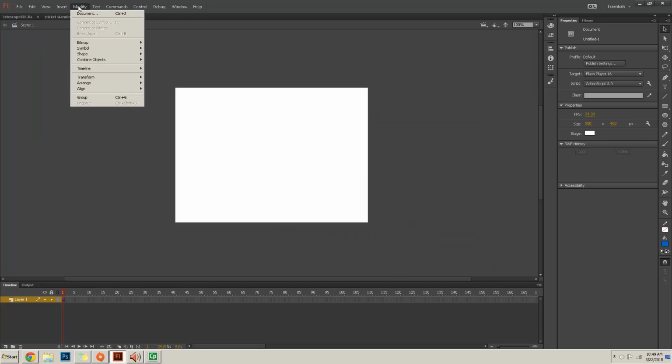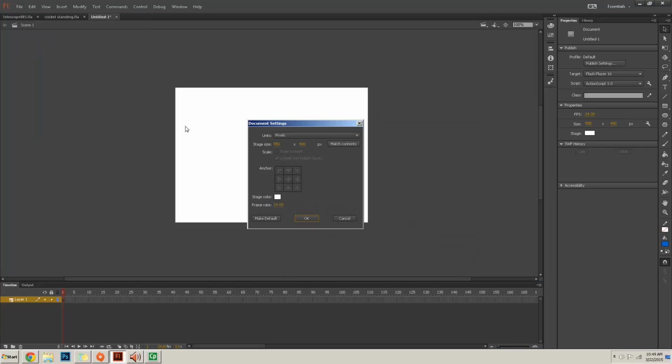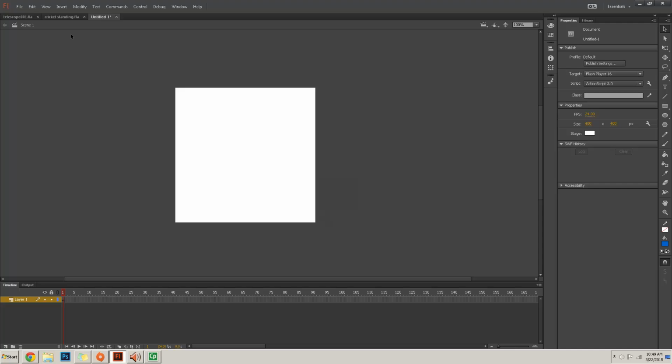I'm going to modify the document. We want to go something square. 550 is fine, so is 400. And we'll click OK. Now we've got our document set up. This is our timeline. These timelines have layers. You can see this layer 1 is going to allow us to break apart whatever we bring into multiple pieces like we did in class. Over here to the far right, we've got our various tools that we can use to modify what we're building. So all that's pretty straightforward. And we're going to go to